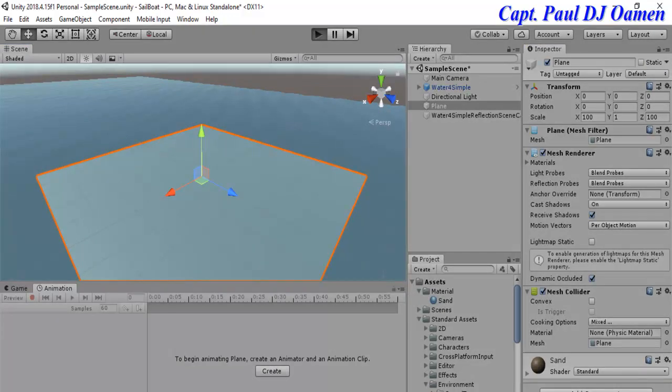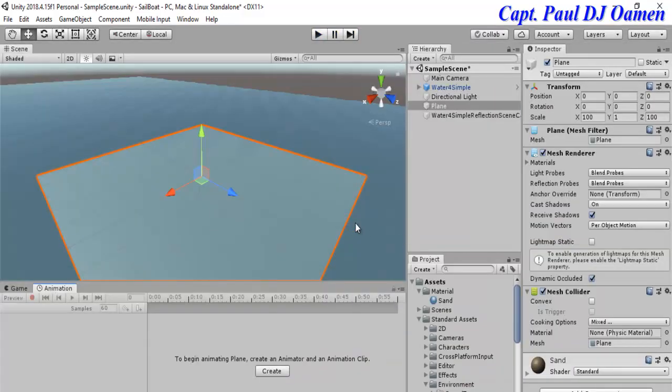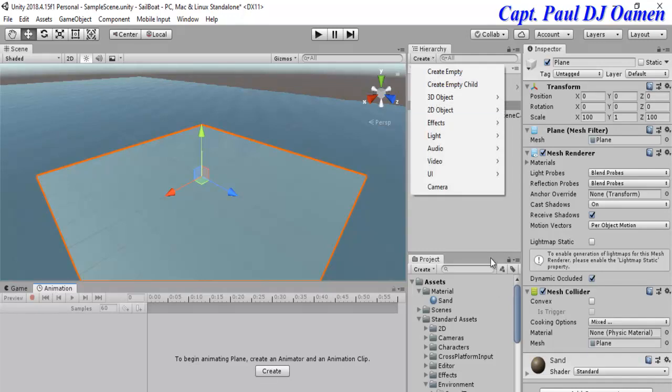When we run our program now, this is what you guys are going to see. There we go. You can see the water or the ocean and that's the sand. So let me end it for now. Now the next thing I'd like to do is I'm going to go back to hierarchy right up here and let's create